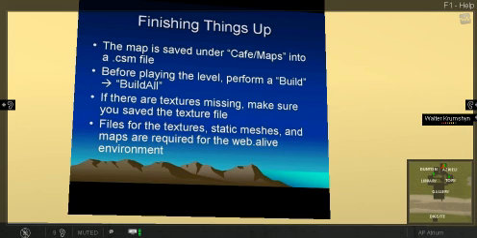Just a few miscellaneous notes about using the editor. The maps are saved as